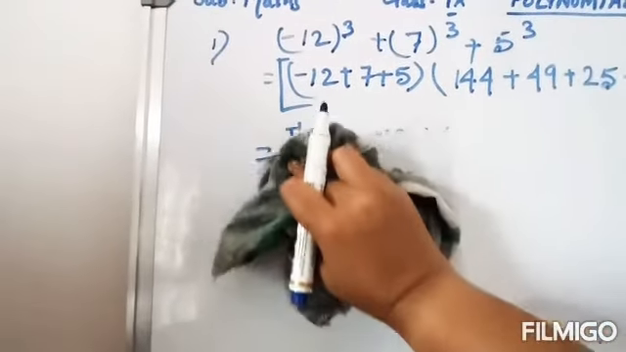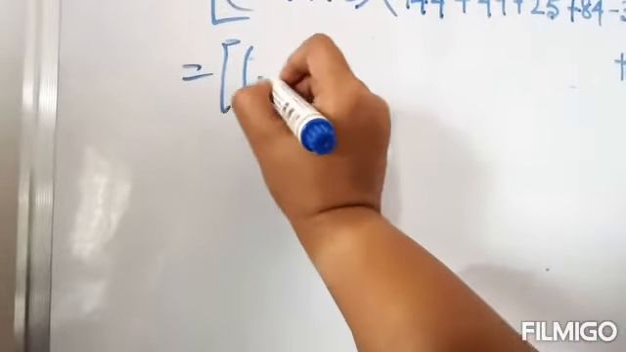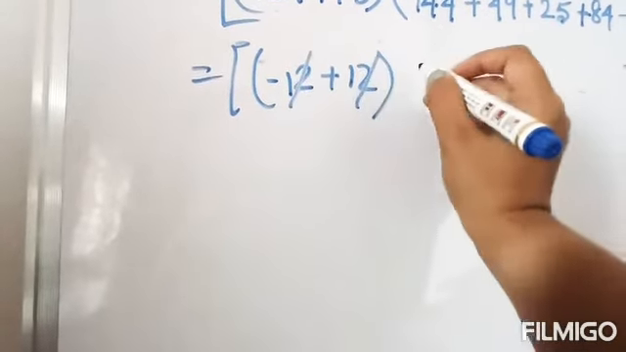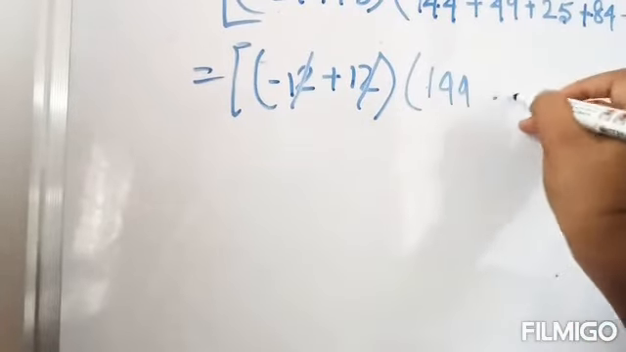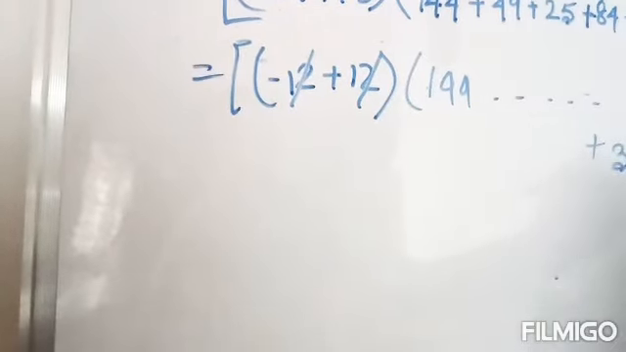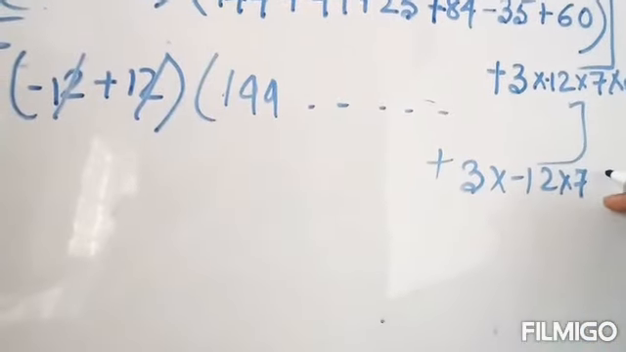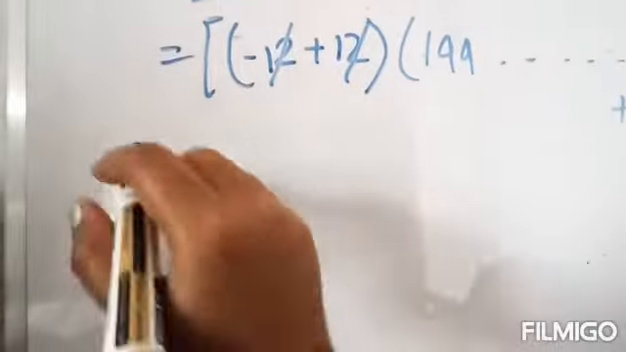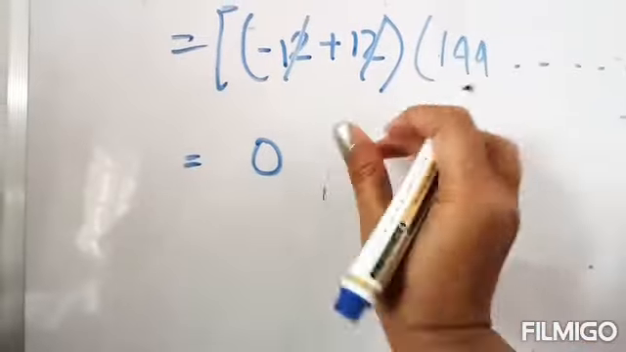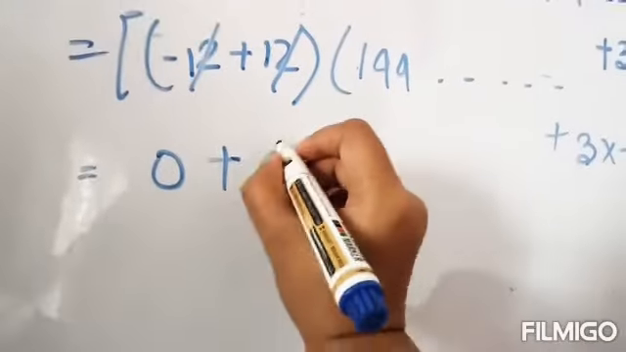So directly you may write, you may show this one. You may show like this, minus 12 plus 12 and then 144 and all the things again you may write. Plus 3 into minus 12 into 7 into 5. Correct? So it will be 0 plus 3